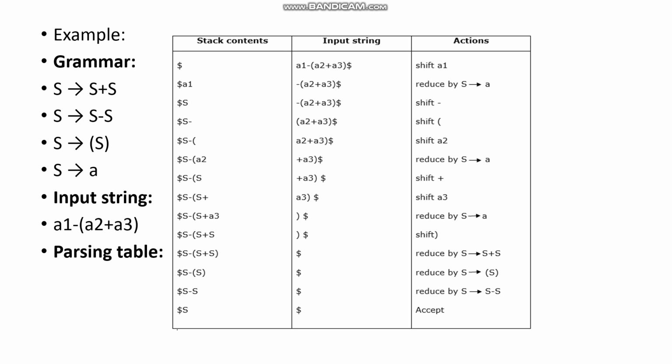Basically, shift reduce parsing cannot be used for every context-free grammar. For every shift reduce parser, such a grammar can reach a configuration in which the parser cannot decide whether to shift or to reduce. There is a conflict, right? Or it cannot decide which of the several reductions to make, even by knowing the entire stack contents and the next input symbol.